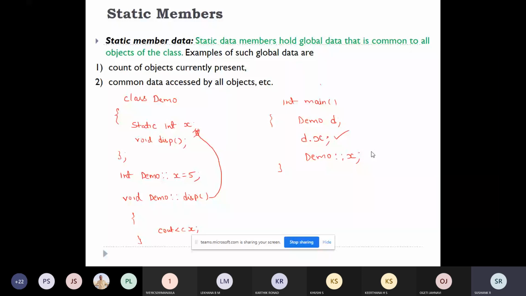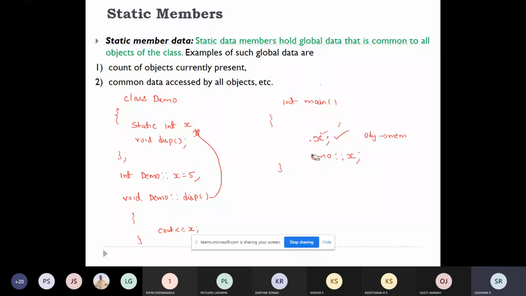So you can access it in two ways. One is object-to-member access, that is the object name dot variable name, for accessing the static variable with respect to an object D. Or you can use the class name, scope resolution operator, and the static member. This method is also possible. So, three points.